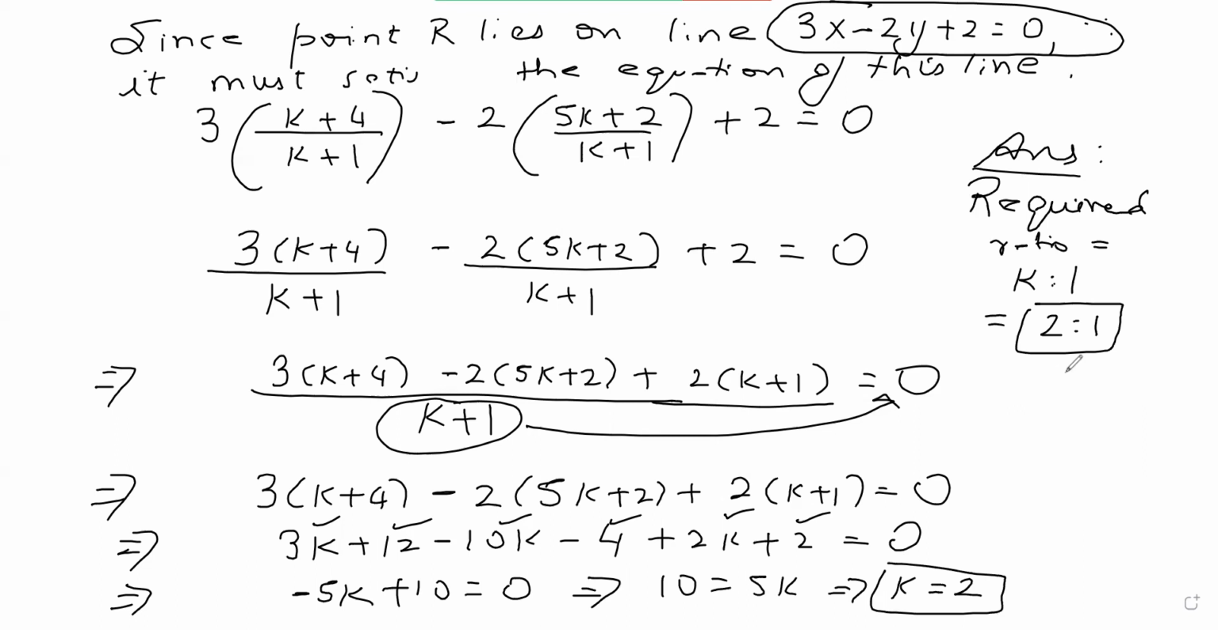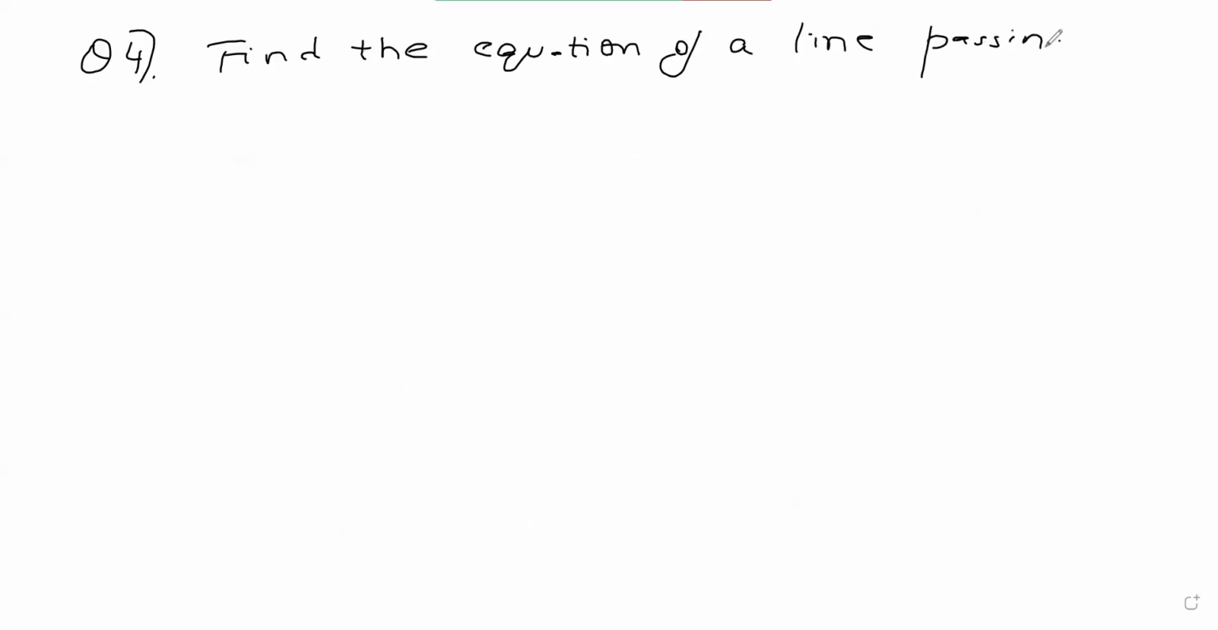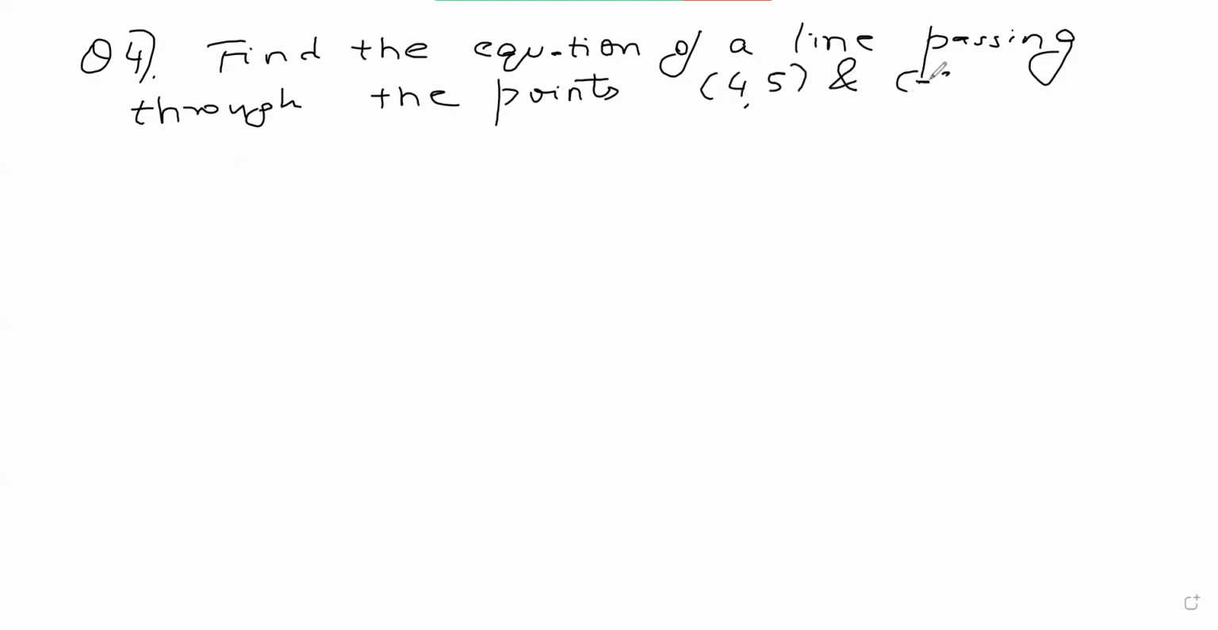Okay, so we have done question number 3. Let's look at question number 4. Find the equation of a line passing through the points 4, 5 and -3, -2. Now we know from the lectures on coordinate geometry how to find the equation of a line